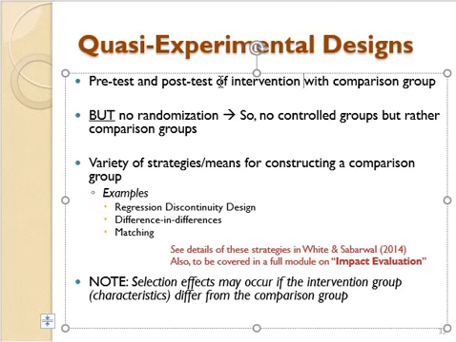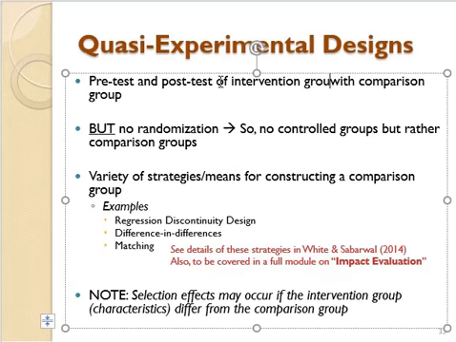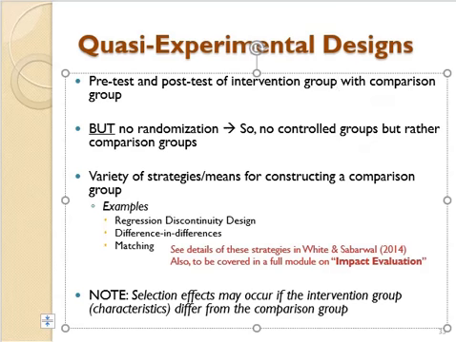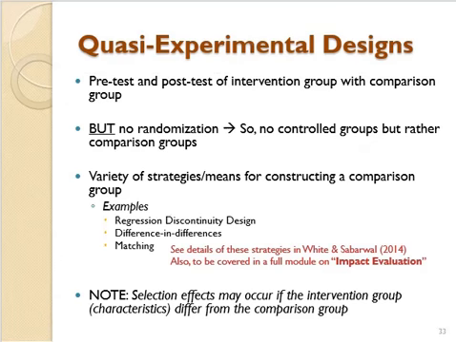Maybe to make it clear. Then, of course, we have a variety of means. One would ask, how do we make sure that the comparison group has similar characteristics? There are a variety of strategies that we can use to construct a comparison group, and examples are regression discontinuity, difference in differences, and matching. You use those strategies to make sure that the group you'll be comparing your intervention group with